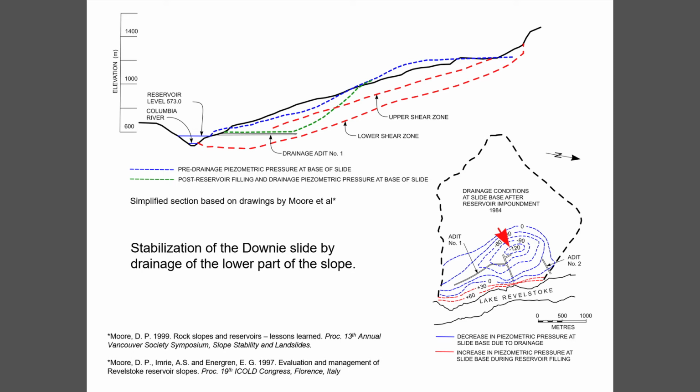It's the only economical solution you could even consider here, because for 1.5 billion tons of material, there's no possibility of stripping the slope or reinforcing it, and drainage is the only possible solution. It's interesting that over the first 10 years or so of operation of the system, the drainage efficiency decreased about 10%. So the water levels rose slightly, and that is due to clogging of the drain holes. So it means that this drainage system has to be maintained.